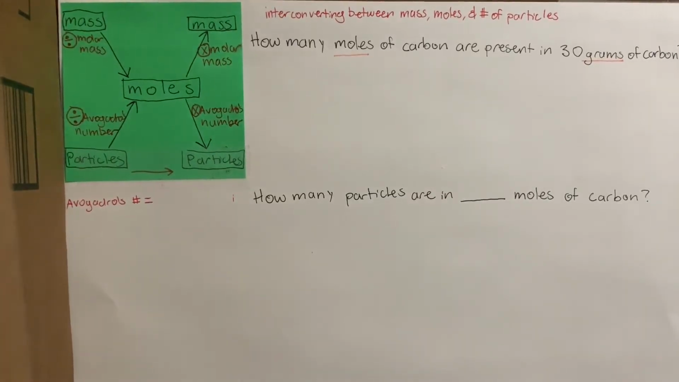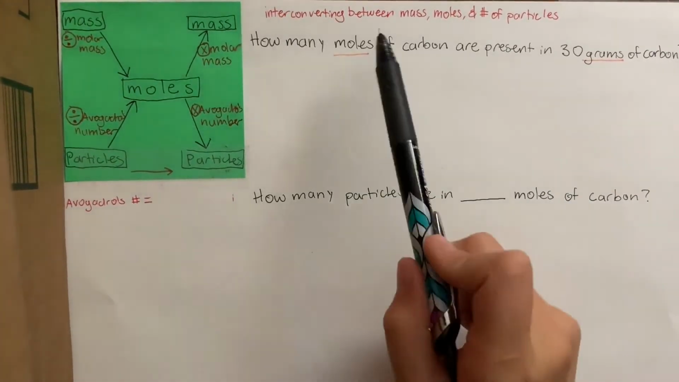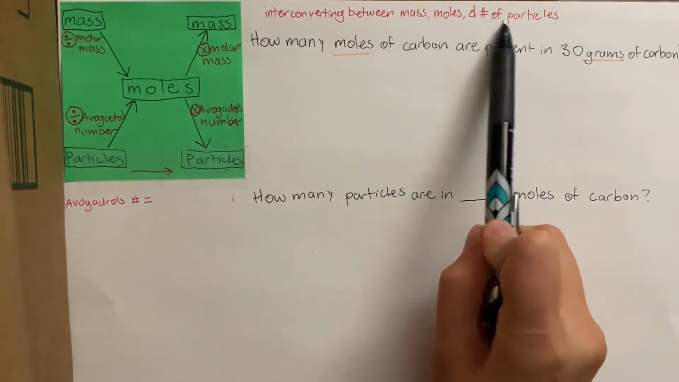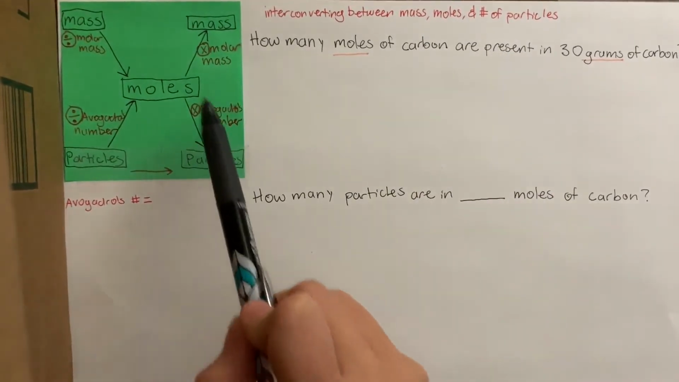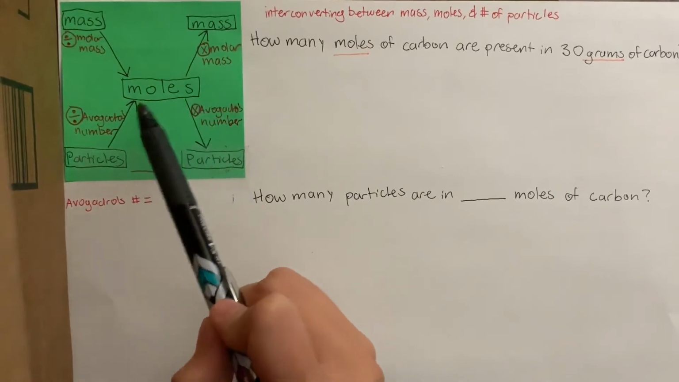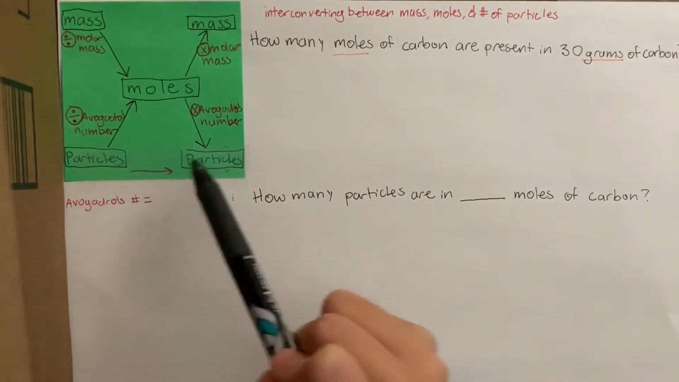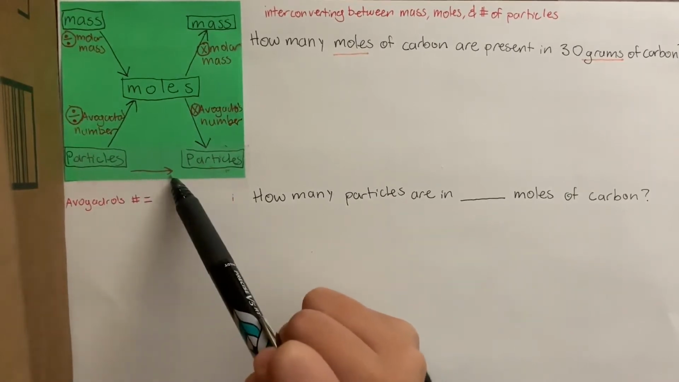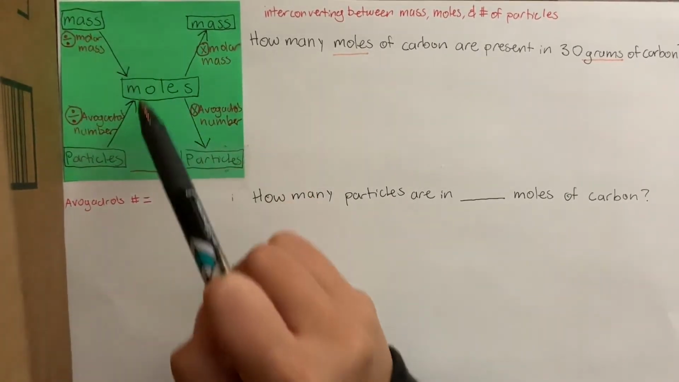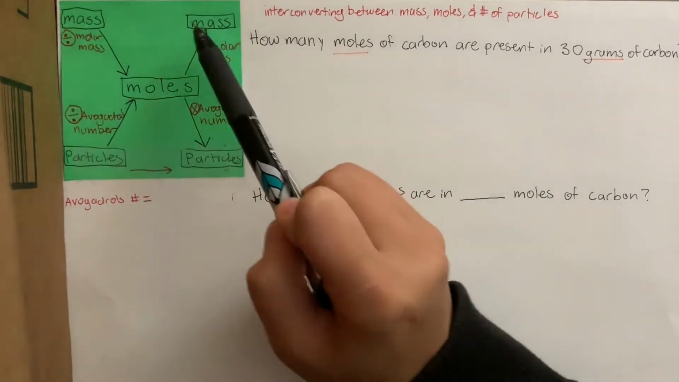Hi everyone, in this video I will show you how to interconvert between mass, moles, and the number of particles. I made this diagram which I think will be pretty helpful when solving these type of problems. So the way you read it is going from left to right, that's why the arrow is going to the right. Everything on the left side has to do with division, and then everything on the right side has to